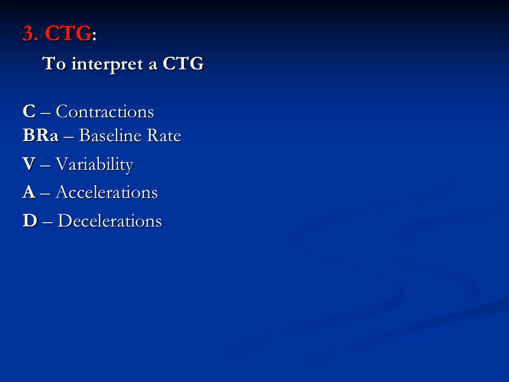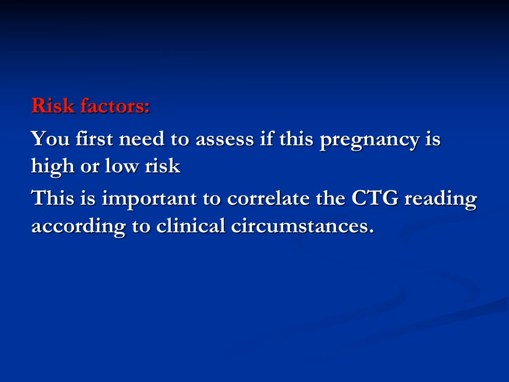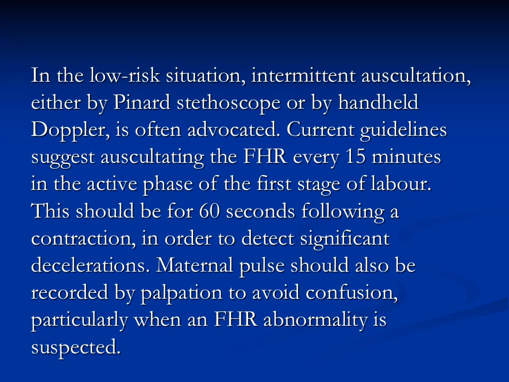Cardiotocography. To interpret the cardiotocography, first you should look for any contractions, then you interpret the fetal heart baseline rate, variability, accelerations and decelerations. Risk factors: first, assess if the pregnancy is high risk or low risk, because this is important to correlate the CTG reading with the clinical circumstances. In the low risk situation, intermittent auscultation either by Pinard stethoscope or by handheld Doppler is